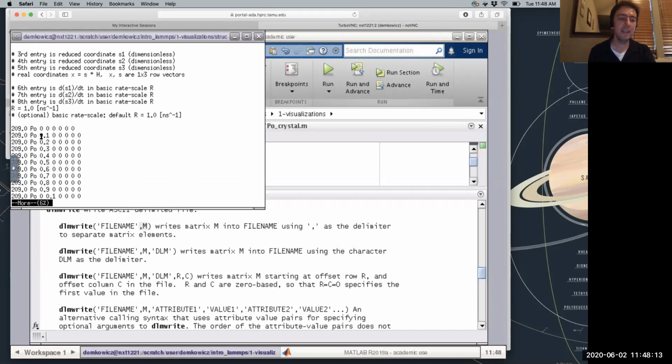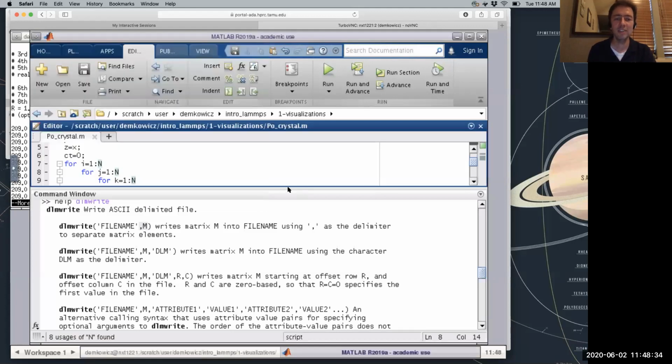Unless I'm mistaken, I don't think dlmwrite actually allows you to write characters. It only lets you write numbers. So instead of polonium, I'm going to write pi. The reason why I'm going to write pi, 3.14159, is because I can then very easily replace all pi's with polonium.